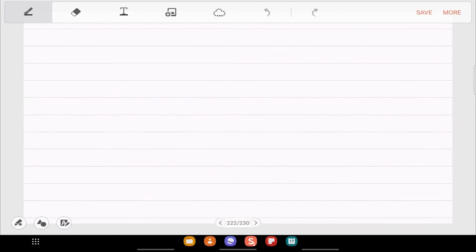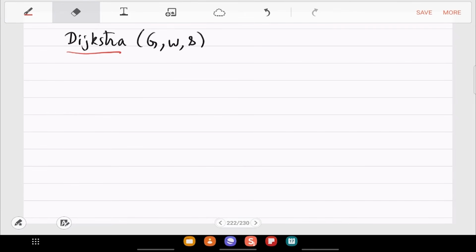So the snippet of Dijkstra's algorithm is as follows. You are given a graph and S, and the graph is given with the weight function. What you do is the set U, which is the undiscovered part, initially is everything.